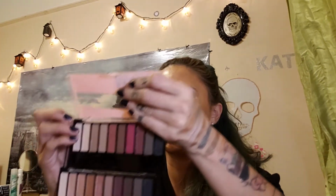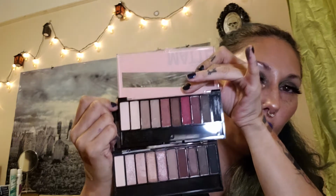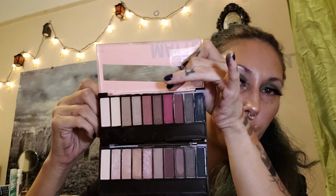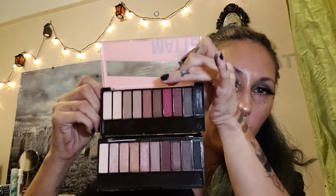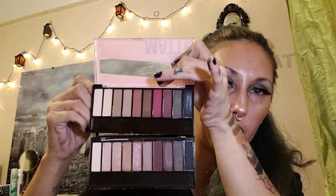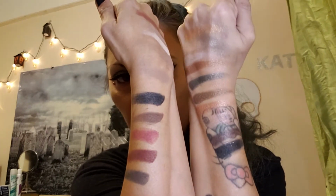You definitely can see that they did pull inspiration from last year's palette. So this is the matte one, and this is last year's palette. You can see some similarities. They threw in this nice bright red, which I like. But I'm really glad that they did one matte, one shimmer palette, because you can get so many looks with